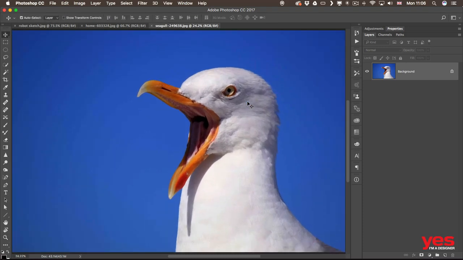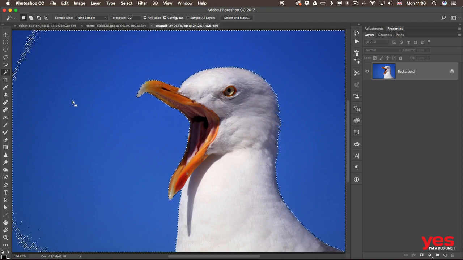Now, what we can see already is that it is a fairly simple image. So there's nothing in the background apart from the big blue sky. So that must be easy to remove. And luckily it is, because there is a tool in Photoshop called Magic Wand. W is the shortcut for it. And all you have to do with this, with the default setting it has, is to simply click on the